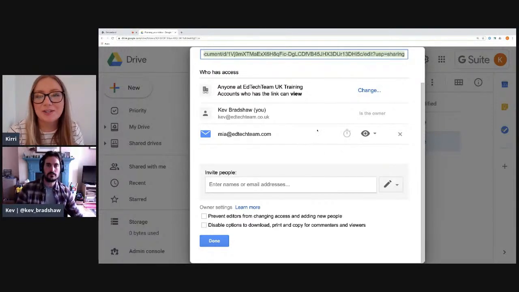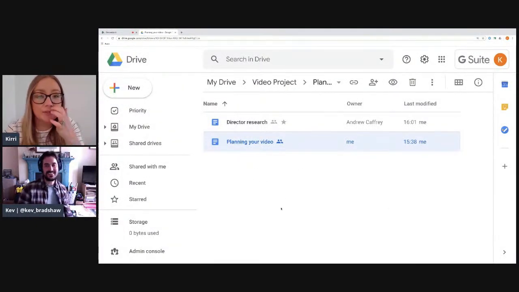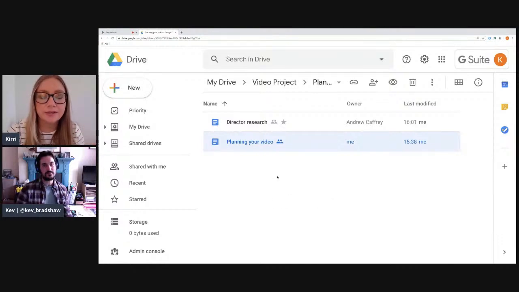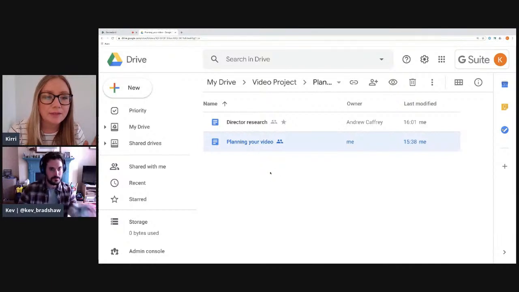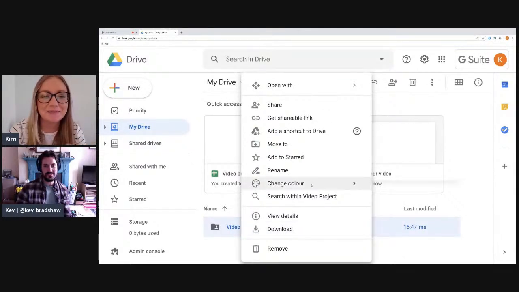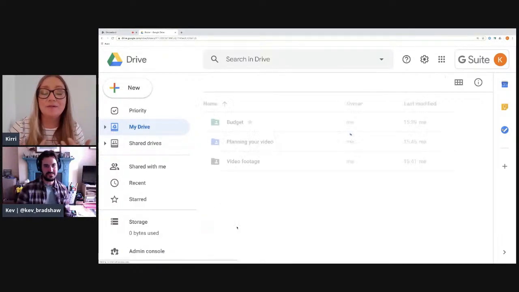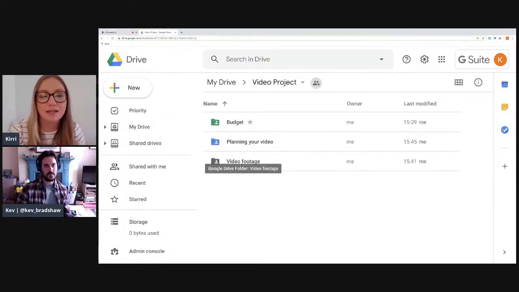I'm also going to share a couple of quick tips that I picked up early on with Google Drive that just made my life a whole lot easier. When I was teaching, I was so rigid in my folder structure, and I even color coded folders. So let's show that, Kev, because I think that's a really cool thing. If you're like me and very anal retentive about colour, it's a really nice way to see your folders, and they're all organized that way.